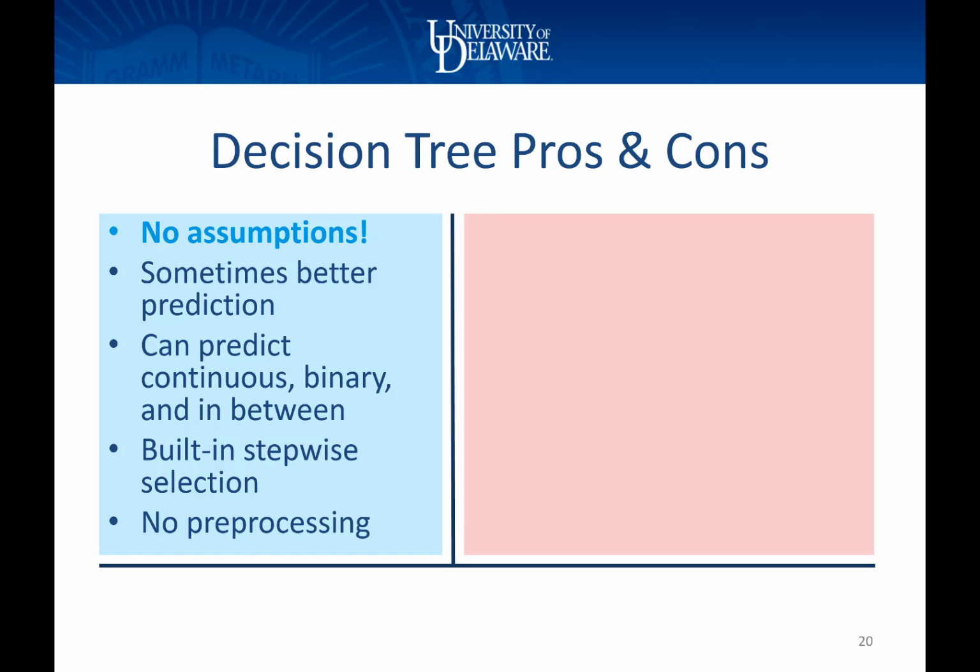Another important pro of decision trees is that there's zero pre-processing. And what I mean by that is I don't have to think about, in baseball, whether runs allowed and runs scored are best represented in a ratio, or whether I should create an interaction term. I don't have to think about what I pass to the model. I just have to give it all the information it might need, and it'll create interaction terms and nonlinear terms